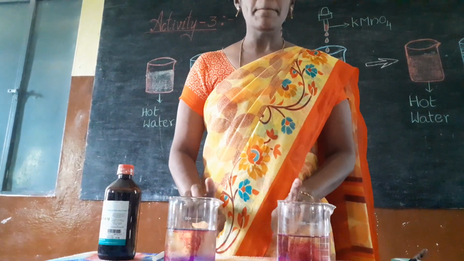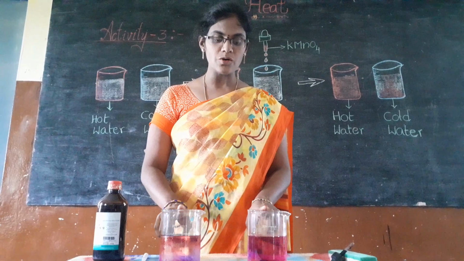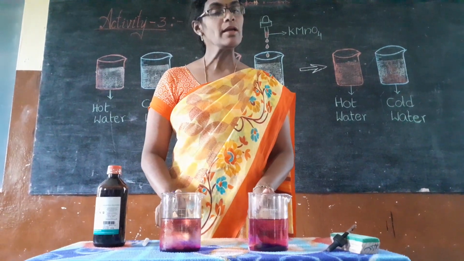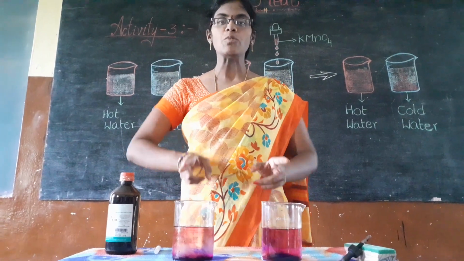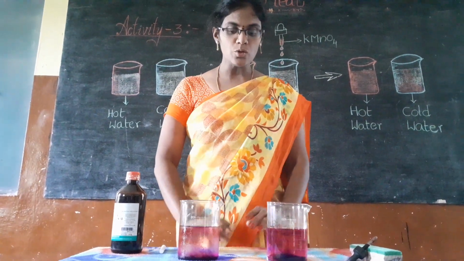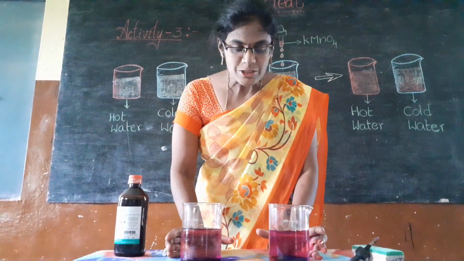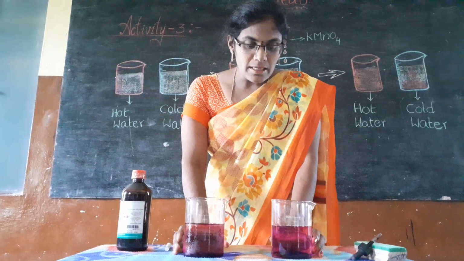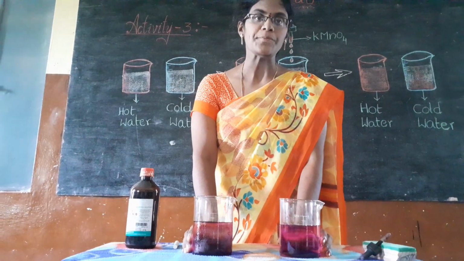The food color is mixing into water. Why? This happens because the molecules of water in both the bowls are in random positions, which means they are moving in different directions. They are jiggling here. So now tell me, in which beaker are the particles moving more rapidly?